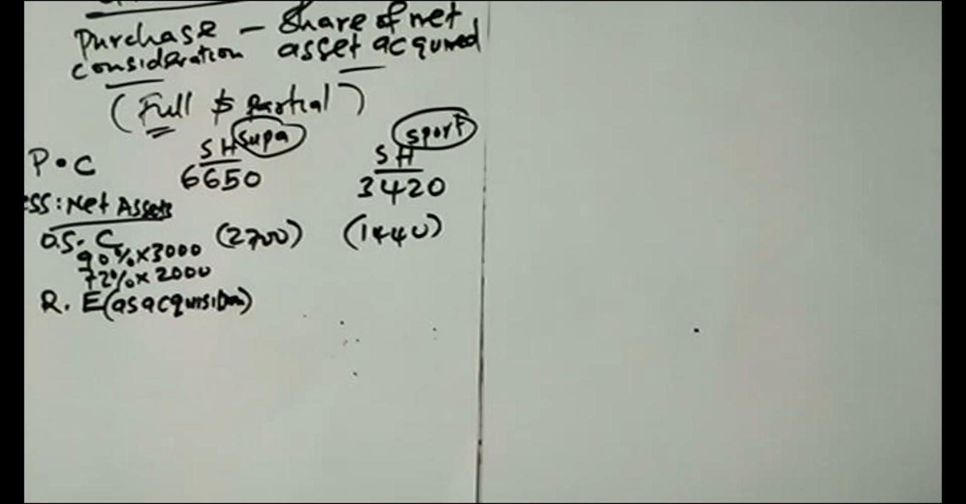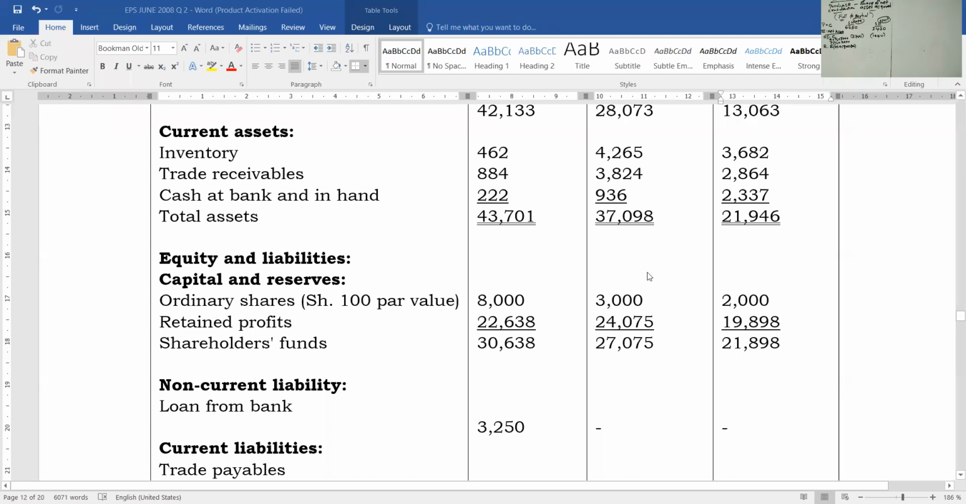Which means that for the retained earnings, I cannot pick the ones which are in the statement of financial position. The way we have done for the ordinary share capital, remember, we have just taken the ones which are here. But for the retained profit, I cannot pick the ones which are here. I have to check, did they provide the retained earnings as at the time when Super was acquired and as at the time when